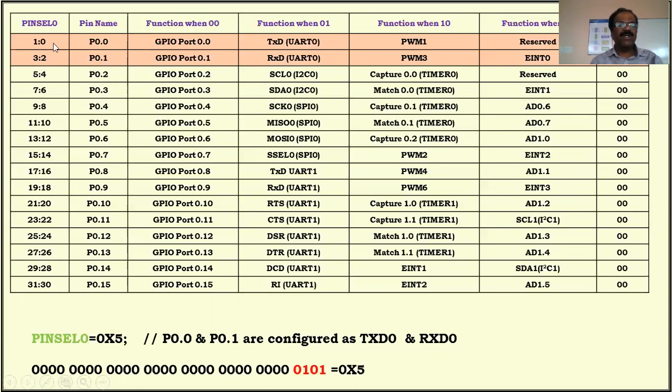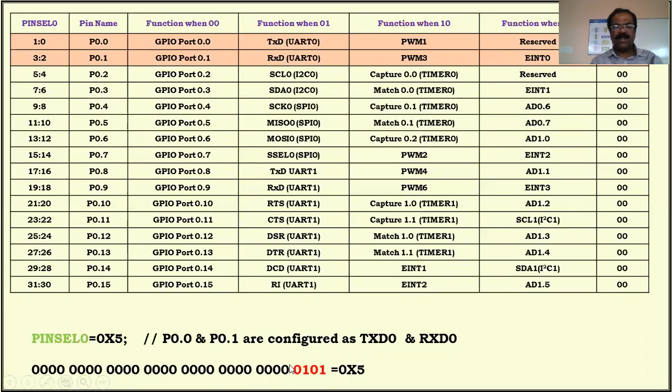Okay, therefore here 0 1, here 0 1, you can see here. I told you already, pin select is a 32-bit register, here 32-bit. I'm not using bit number 4 to bit number 31, so you can put simply 0 for those bits. Then here 0 1s, here 0 1, and for bit number 2 and 3 I have to put 0. 1 0 1 0 1.